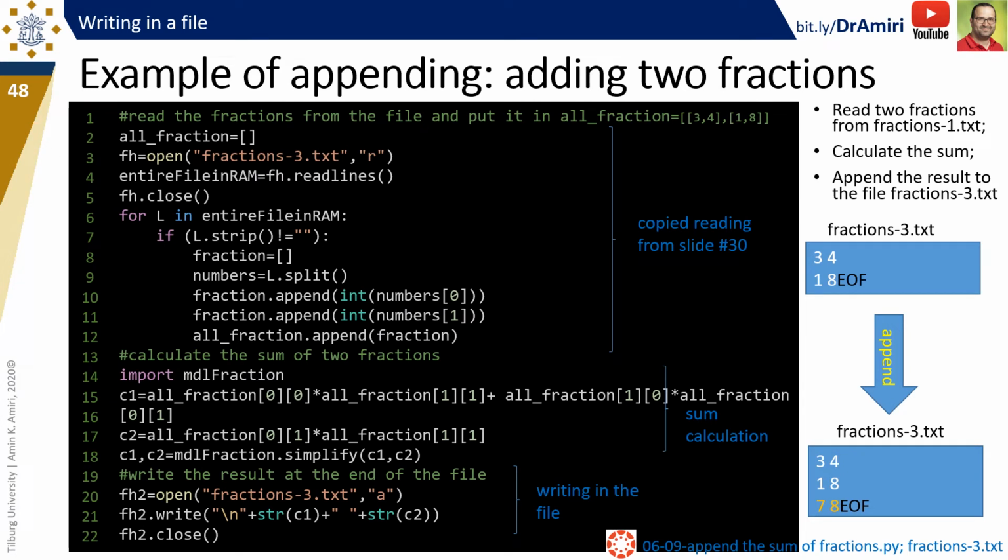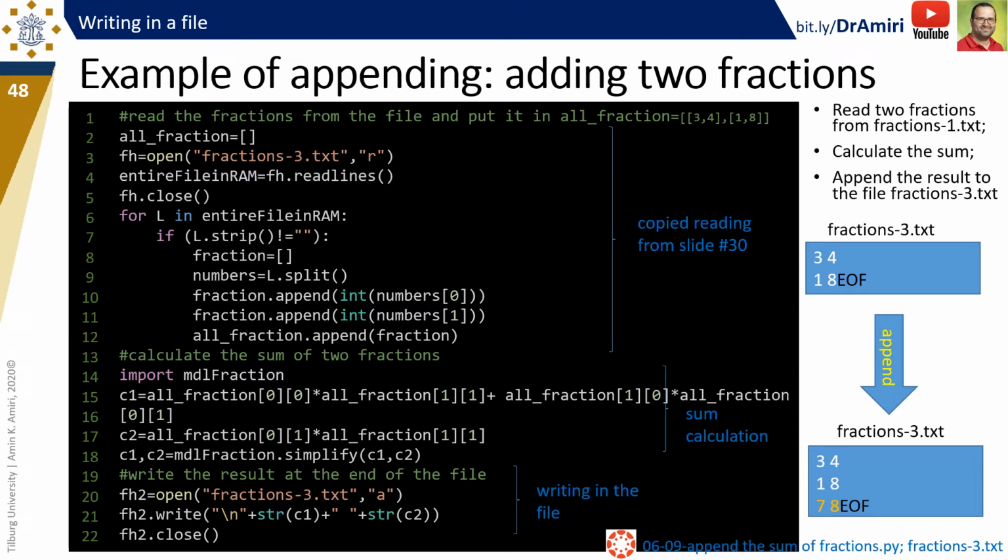What is important is that the result of C1 and C2 is 7 and 8 in this case, which is the outcome of the addition of the two fractions. Now, in the third part of this code, we want to write these two fractions in fractions-3.txt in a way that we already keep the current content, and 7 and 8 is only added at the